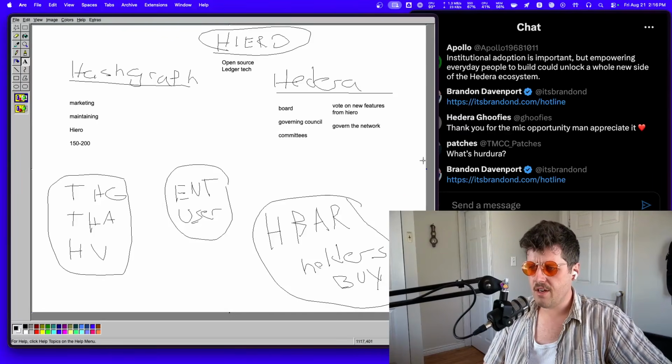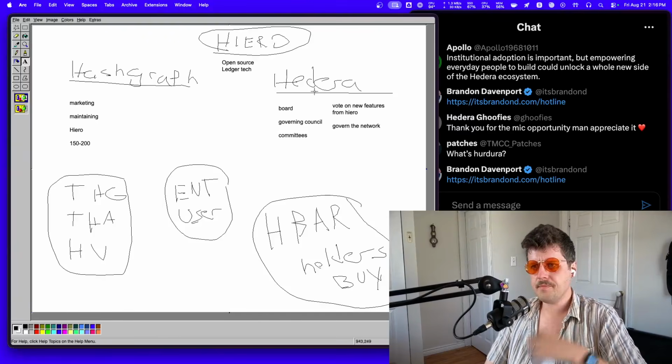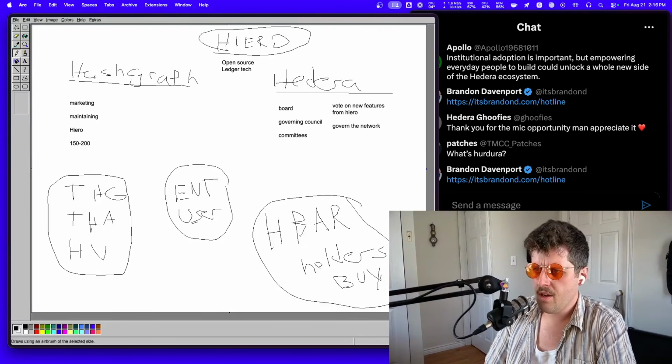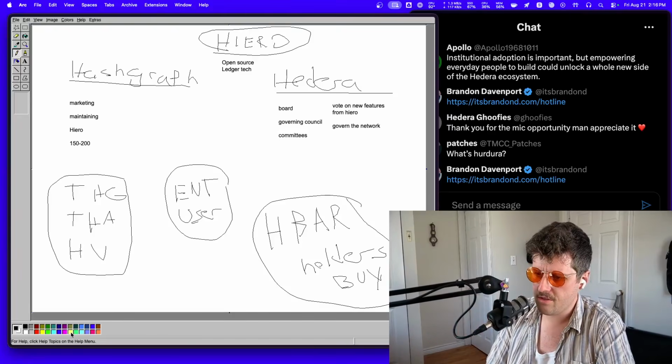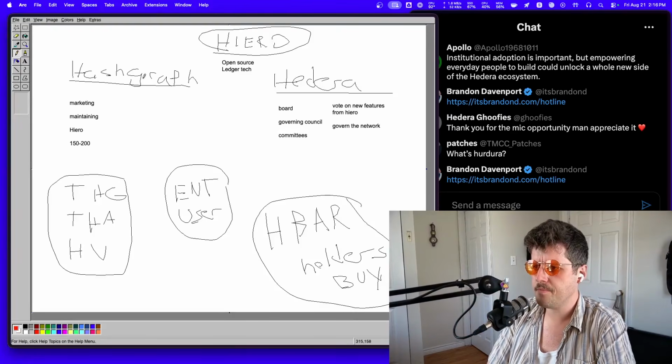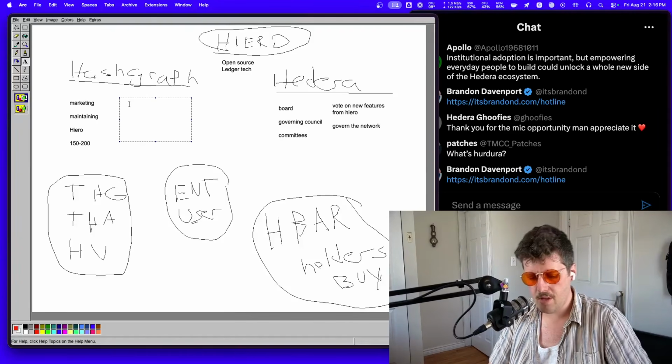Now, how does this all connect? I want to choose a different color. I'll use green for moving in or profit, and then I'll use red for selling or whatever. So Hashgraph has marketing, maintenance, folks on Hyro, a bunch of employees, all those different types of things, and they have costs, right? So they're trying